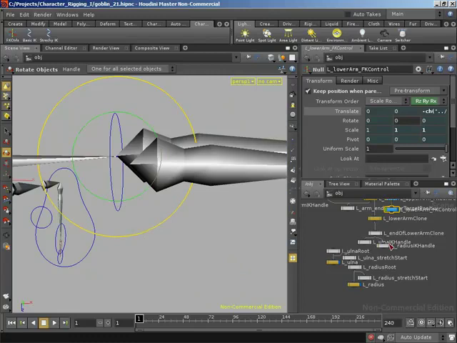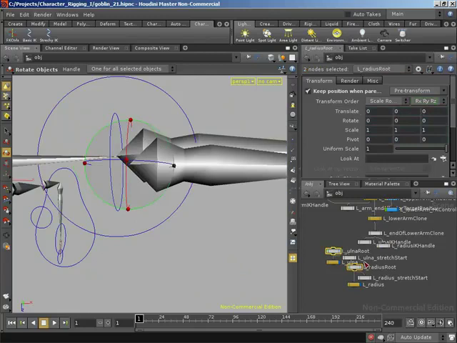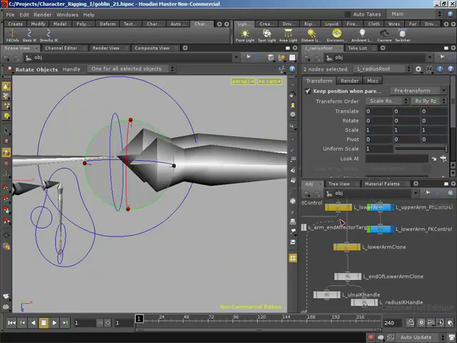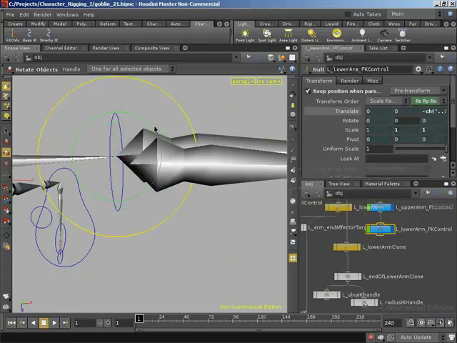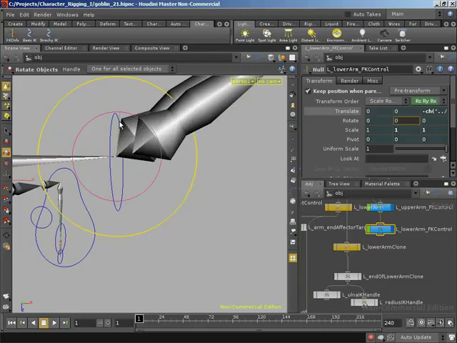So I'm going to go ahead and get these parented in, and to do that I need to grab the ulnar root and the radius root, and I'm going to parent them to our lower arm. So I'm going to grab both of those, making sure we keep in position when parenting, and I'll parent them into our L_lower_arm. Now if we were to come in and grab our FK control, you can see they're moving as well as their end effectors moving,